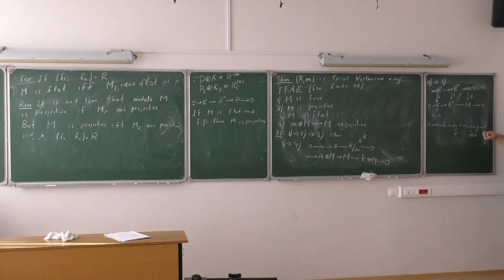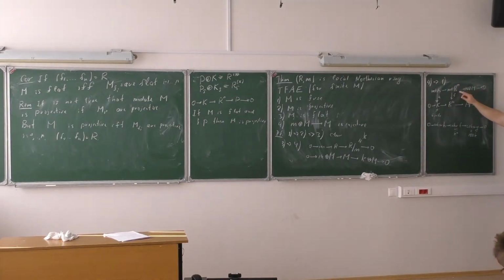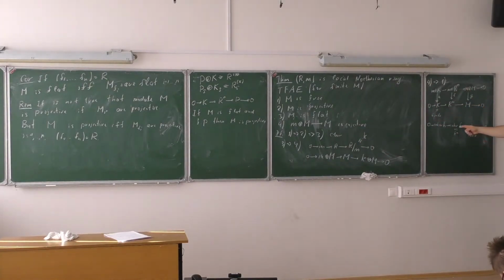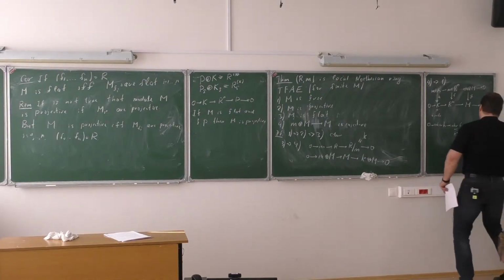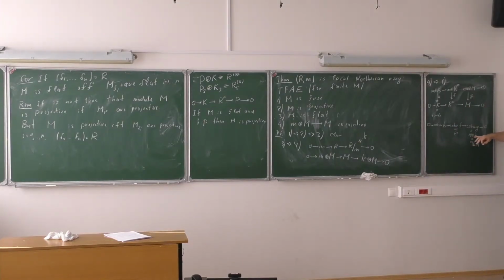Kernel of F. What is K? K is here. And this is just n copies of this map. If you just look at this map, by Nakayama's lemma I can say that this map is surjective, because I can choose generators of this vector space, lift them to generators of M, and hence I get essentially the elements that generate this free module. The maximal ideal will be generators of this vector space. So this map is surjective.